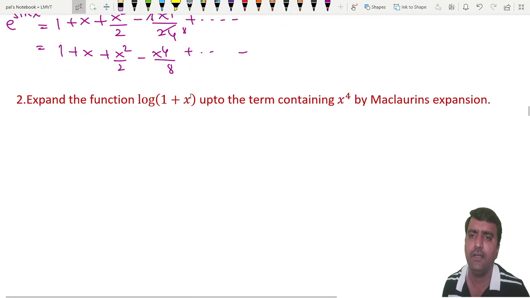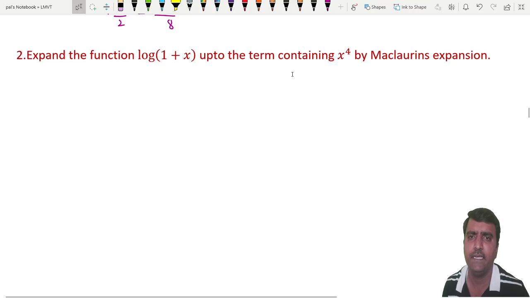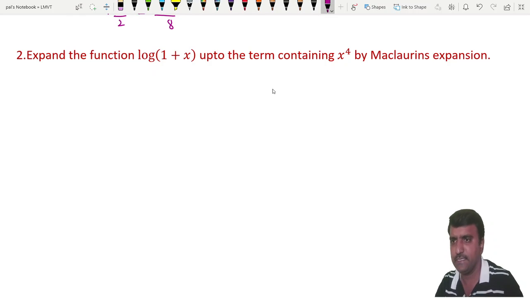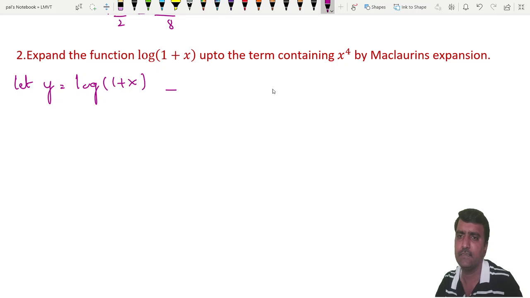Expand the function log of 1 plus x up to the term containing x to the power 4 by Maclaurin's expansion. To find its Maclaurin's expansion of log of 1 plus x, let us take this function as y. Let y is equal to log of 1 plus x. Take this as 1. So now Maclaurin's expansion